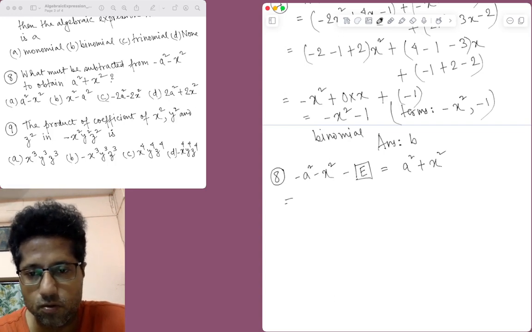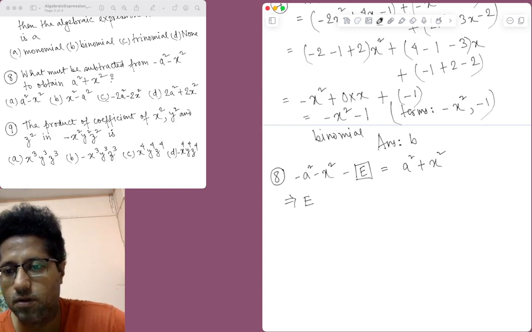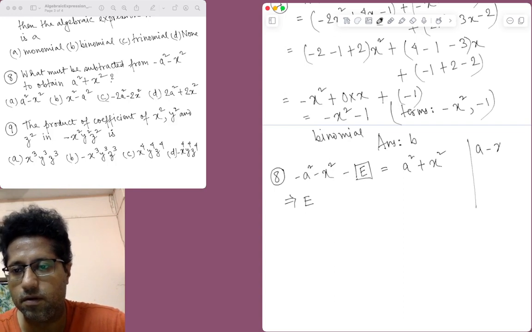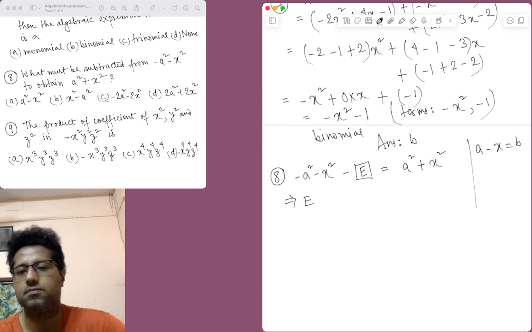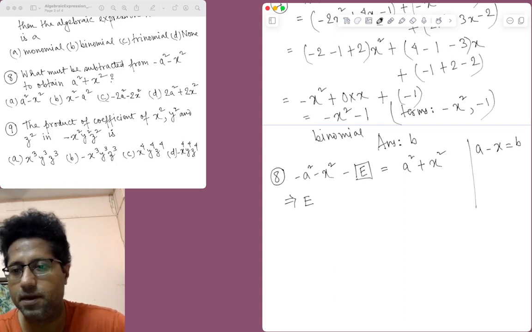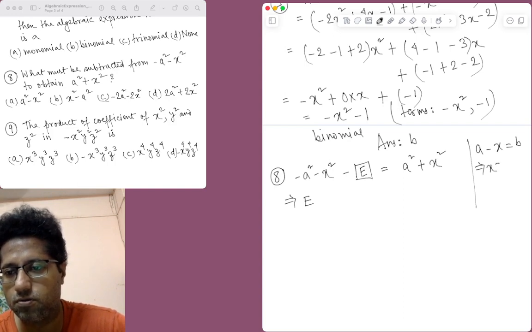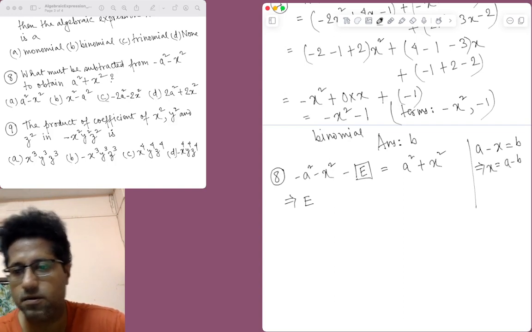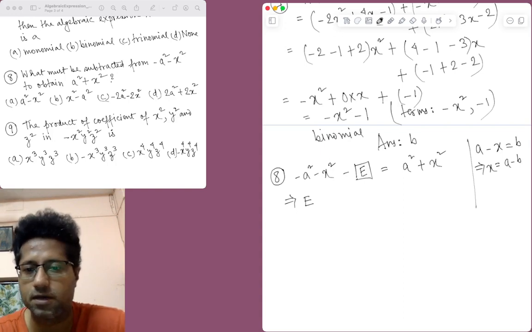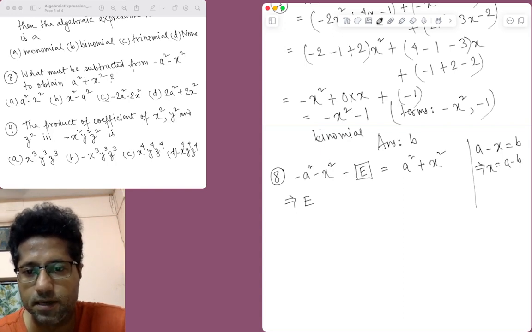from here we know the concept is similar, just like numbers. You know that if x is the unknown, if you are asked what needs to be subtracted from a to give b, we assume that if x needs to be subtracted, then we get a minus x equals b. This implies x equals a minus b. Similarly, the same concept applies in algebraic expressions as well. So this implies E equals